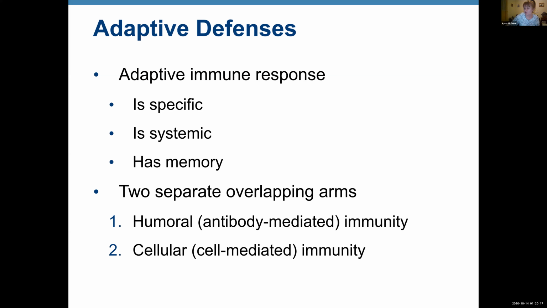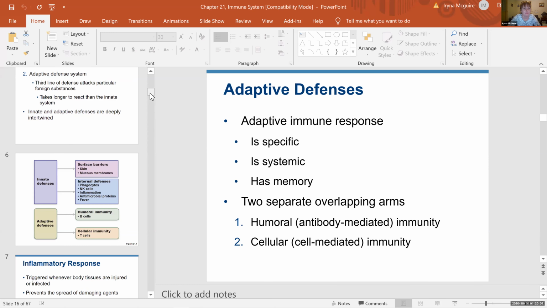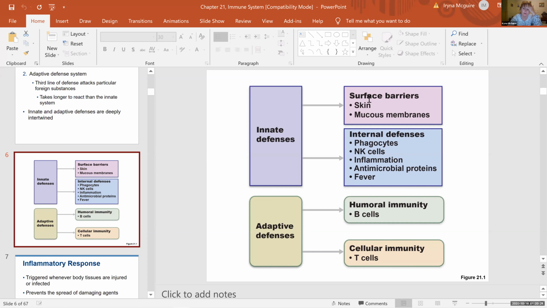Okay, so what we talked about over here, I will go back, was our second line of defense. We didn't cover much of your skin and mucous membrane because in Bio 50A, you study the structure of skin and mucous membrane. And here we talked about inflammation, complement, antimicrobial proteins, and fever. Phagocytes and natural killer cells. Phagocytes are important for both innate and adaptive response. And natural killer cells, we didn't cover here, but they